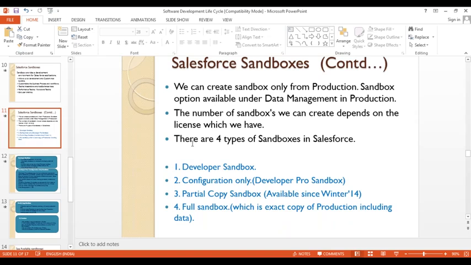Production. Sandbox to sandbox, can we create? No. Sandboxes should always be created by the administrator from production. Okay, always sandboxes will be created from production, not from sandbox to sandbox. Now we can create a sandbox only from production, and the sandbox options are available under data